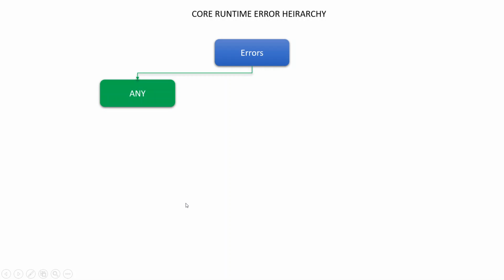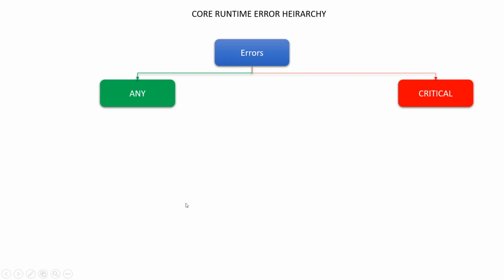Now let's understand the core runtime hierarchy. The core runtime errors encapsulate all the errors, be it your custom errors or the connector errors. All are encapsulated under the core runtime errors. It starts with two segregations: one is any and the other is critical. Any are exceptions that can be handled. Critical are basically errors that cannot be handled. It's the same as saying Java exceptions and errors, where with an exception you can do something.